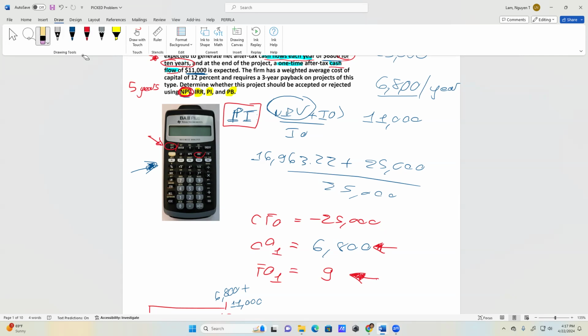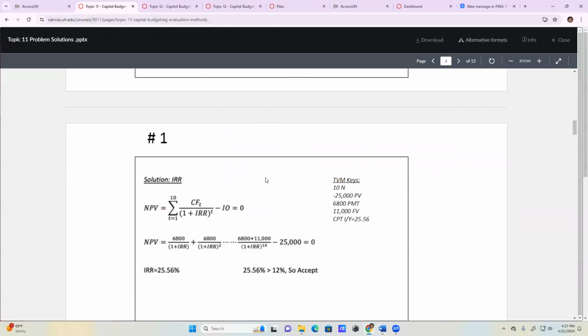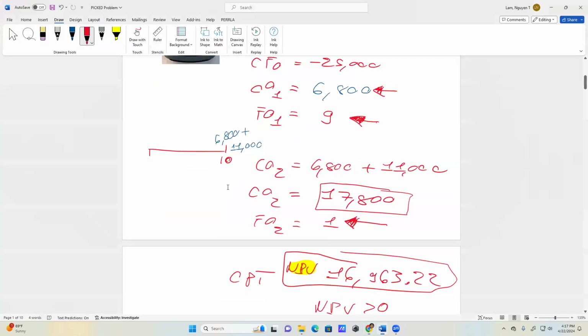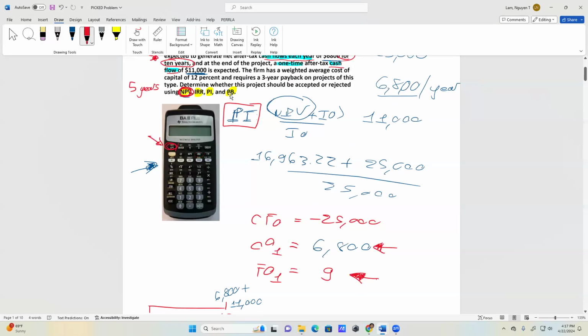In this case, after you hit IRR, say IRR equals 0. You just hit compute one more time. And it should give you 25.56. And let me check. Yeah, 25.56 is the answer. All right. Lastly,